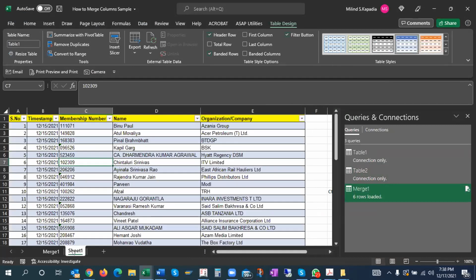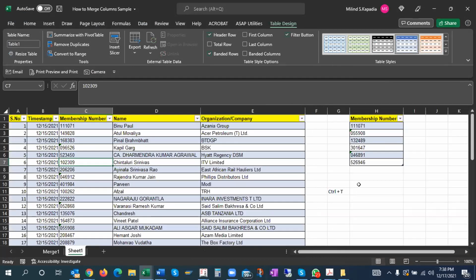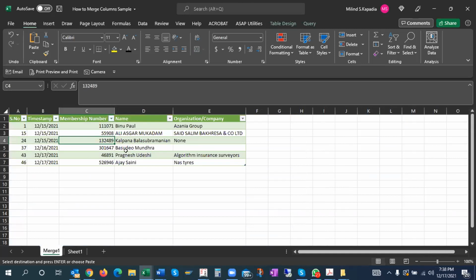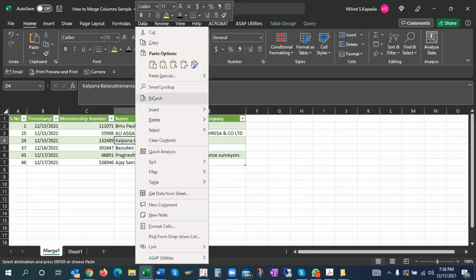Okay. Now, the beautiful thing about Power Query is that suppose I am putting one more member here. I want to put this person here. You need to check that this comes in the table, which is very important. Let me put one more member. I am putting this number here, and now to get this answer, what I have to do is right click and just say refresh.